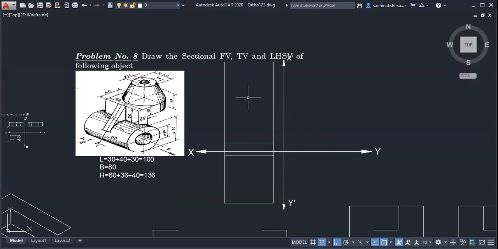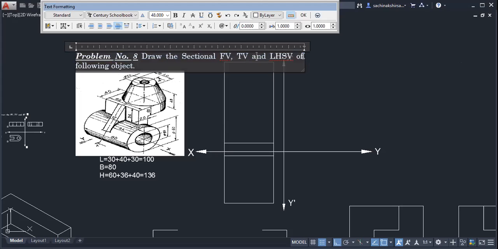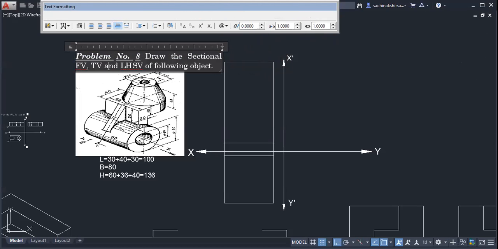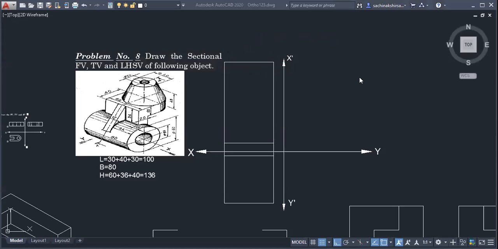After that, which two dimensions will be observed? Width and height. Okay.